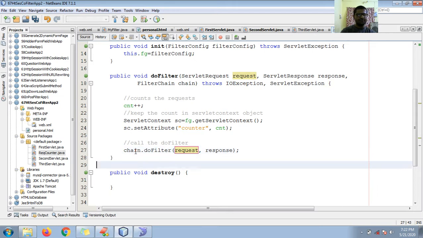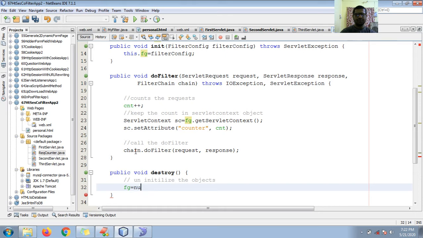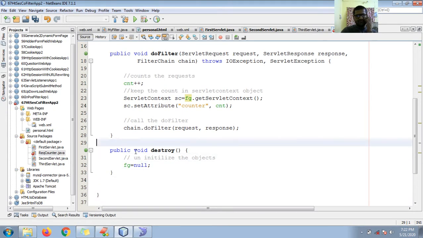Fine. Now let us nullify, uninitialize the objects. So initialize filter config to null. Okay, so here is my filter.